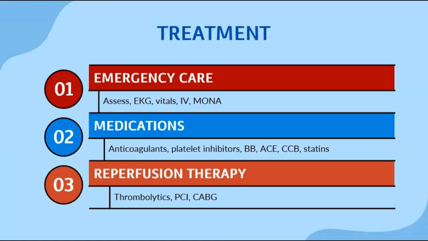Treatment of patients that have acute coronary syndromes. So emergency care of a patient with chest discomfort, and this can start in the ER or it might start if they're already in the hospital. It can really start anywhere. You want to assess airway, breathing, and circulation, your ABCs. You want to put them on a continuous EKG monitor and get a 12-lead EKG as well. Ask the patient their description of pain, get a full pain assessment, check vital signs,